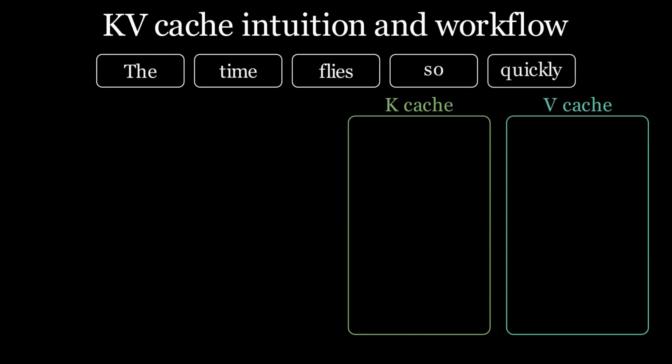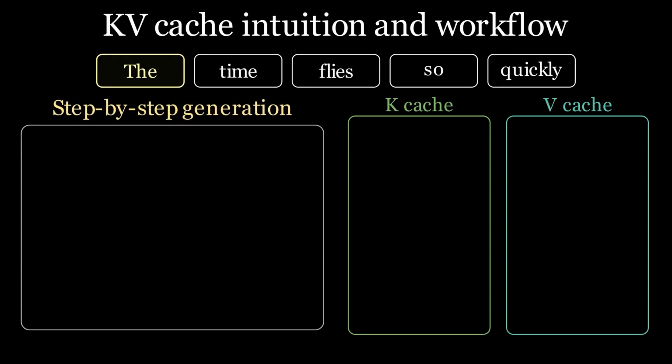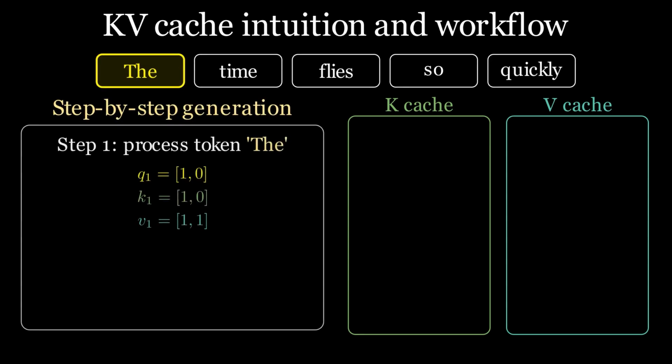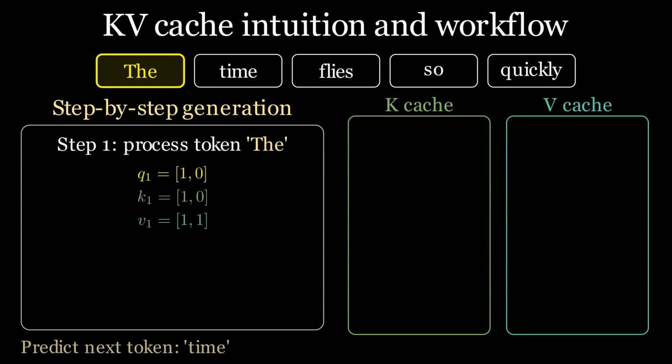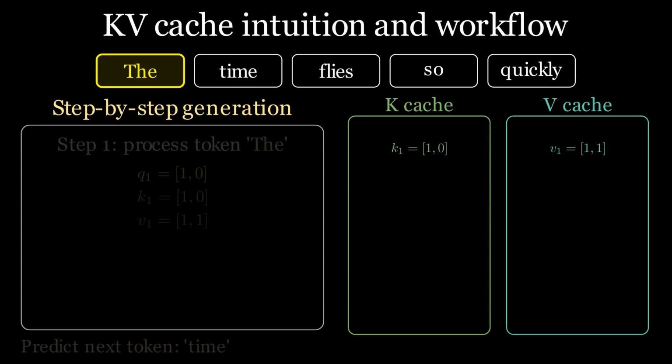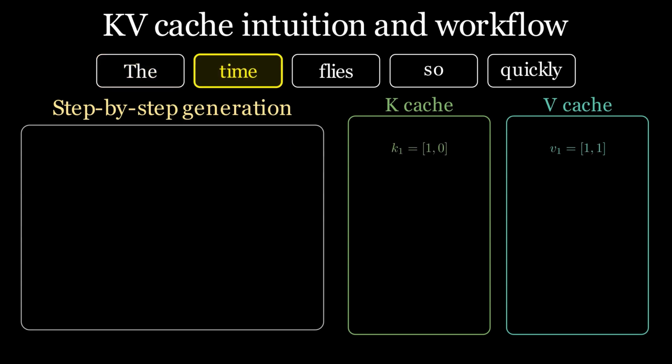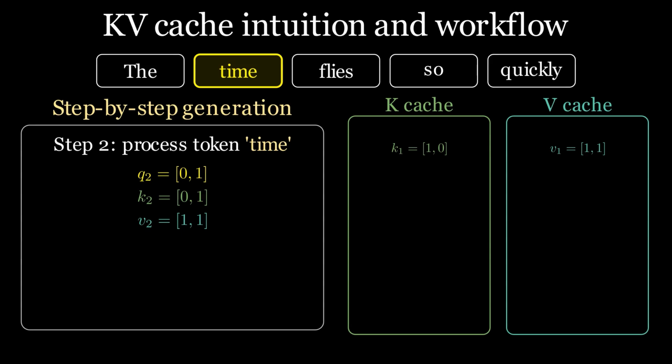And taking the same example, feed the first token to model and get the query, key and value projection. Then it will go through attention mechanism to predict the next token. Since we know the key and value for previous token t-1 does not change, we can store them in their respective list. Now we'll send both tokens to model again, but this time since we already store the key